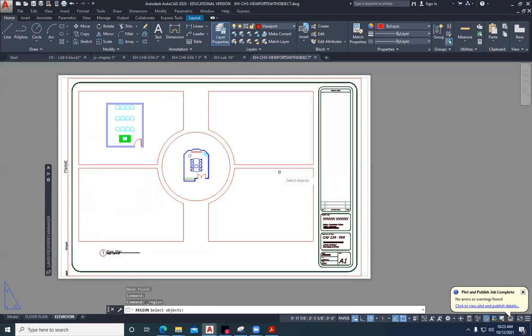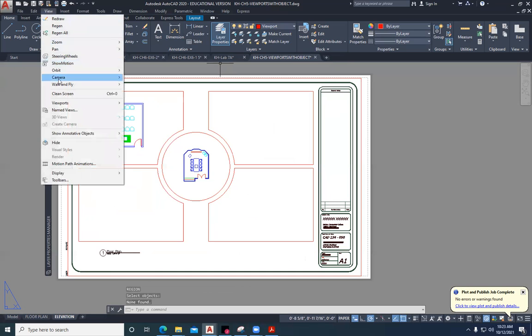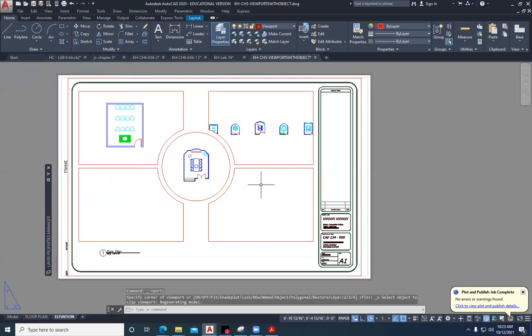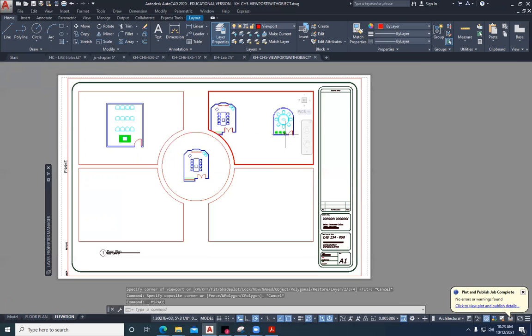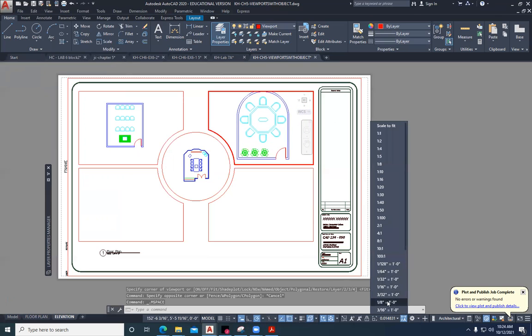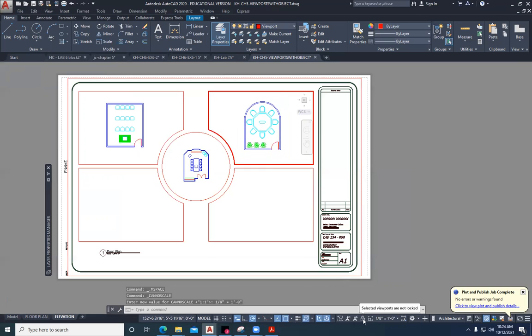I'm going to use region. I think it's quicker. I have a couple less buttons to push. And I'll repeat that command by hitting enter. And then we can just turn these into viewports by saying view, viewport, object, and then we can turn these other ones. Double click, dial in the scale, lock it,